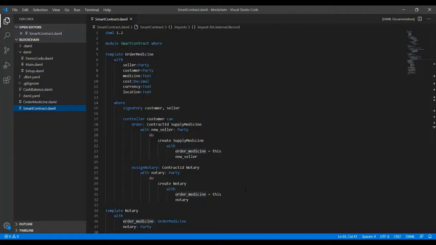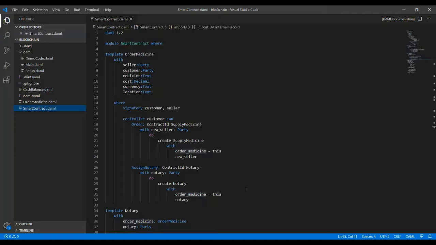In my part, which includes the development of smart contract, I have tried to practice a simple transaction, and this transaction is based on a customer trying to buy a medicine from a seller with the involvement of a notary, with the seller having a control whether he or she wants to sell a medicine to a customer or not. It could be because of any reason, as it can be a prescribed drug or it might have some age